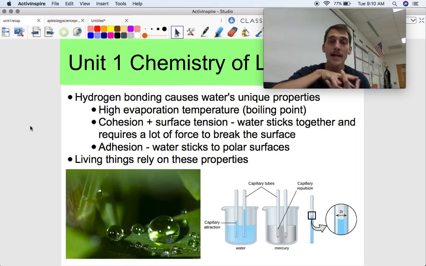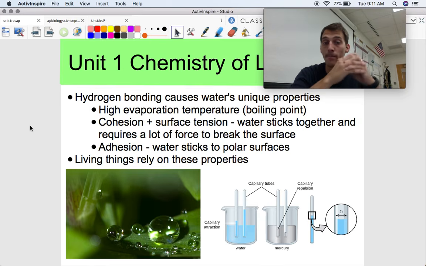Okay, and because of those hydrogen bonds pulling on the water molecules all the time, it takes a lot of energy in order to separate them and break those hydrogen bonds. So water has a high boiling point. Water is very sticky. Cohesion and surface tension, those kind of tie together. Water molecules tend to stick together a lot, and it requires a lot of force to break those apart from